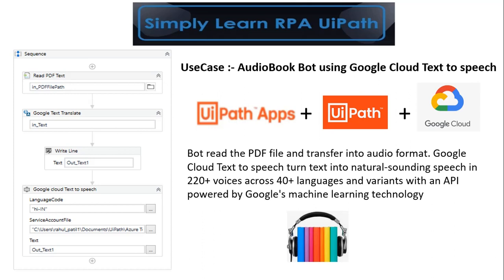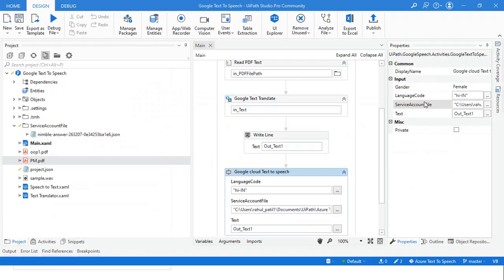Then we used UiPath Studio to develop our workflow, and we used Google Cloud Computing Services, that is text to speech and translation. So using these we have developed an audiobook bot. That bot will help us to read the PDF file and transfer it into audio format. Yeah, let's move on to the UiPath Studio first.